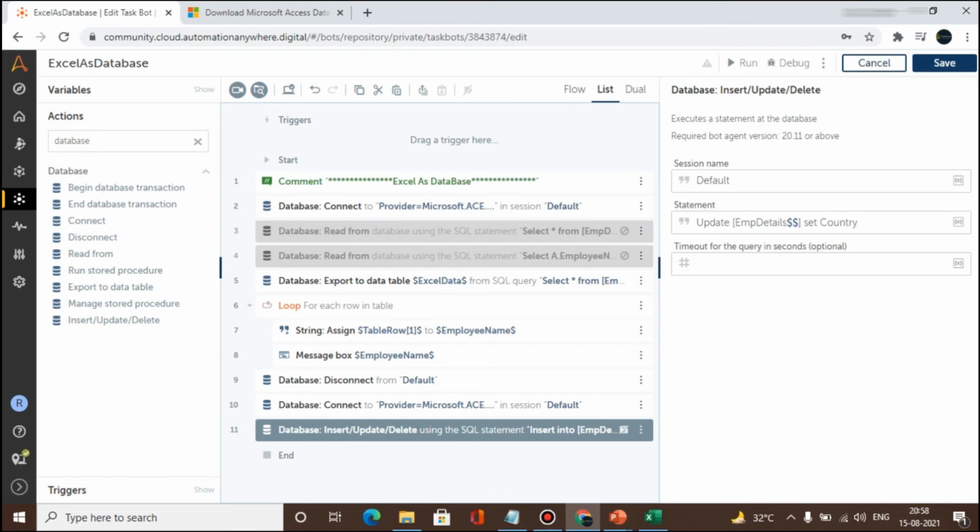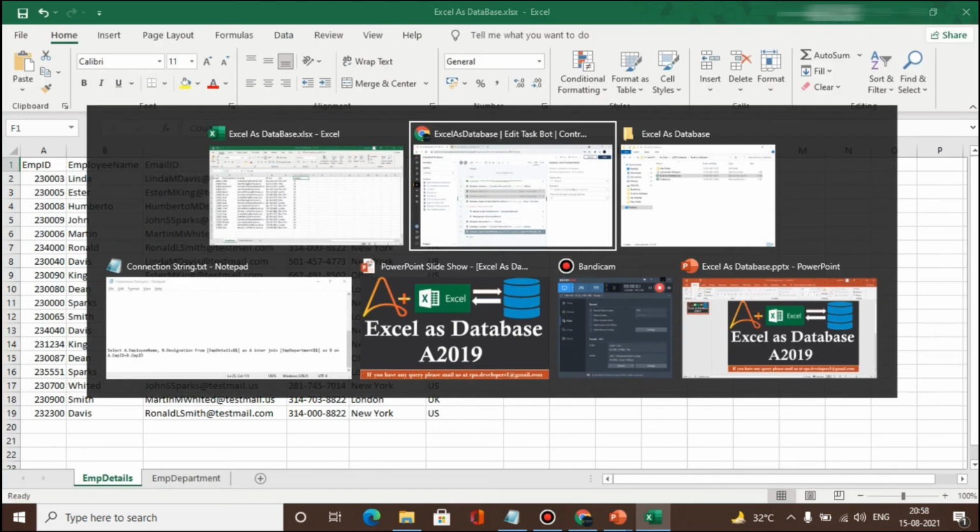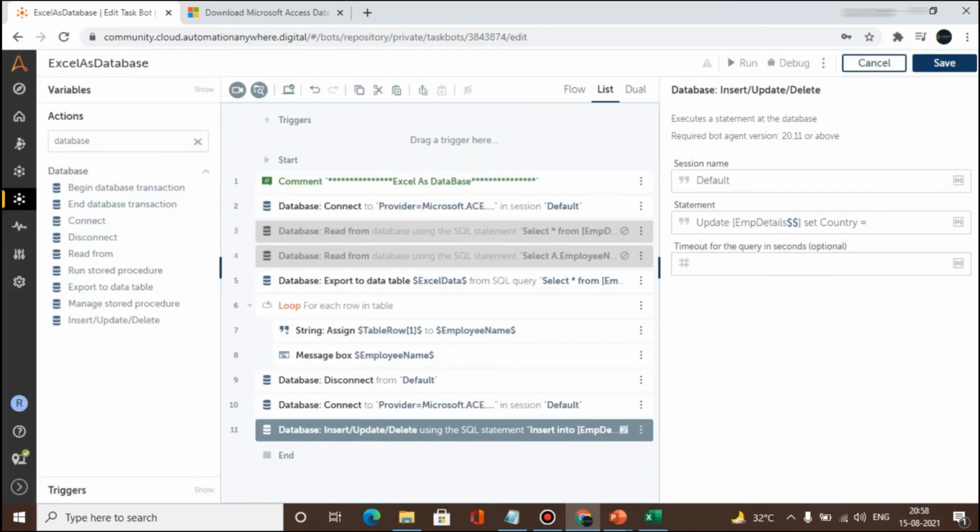Okay, let's put what we want to do here. Here I want to pass this as, let's say, United States, where I'm putting a condition: country equals US.